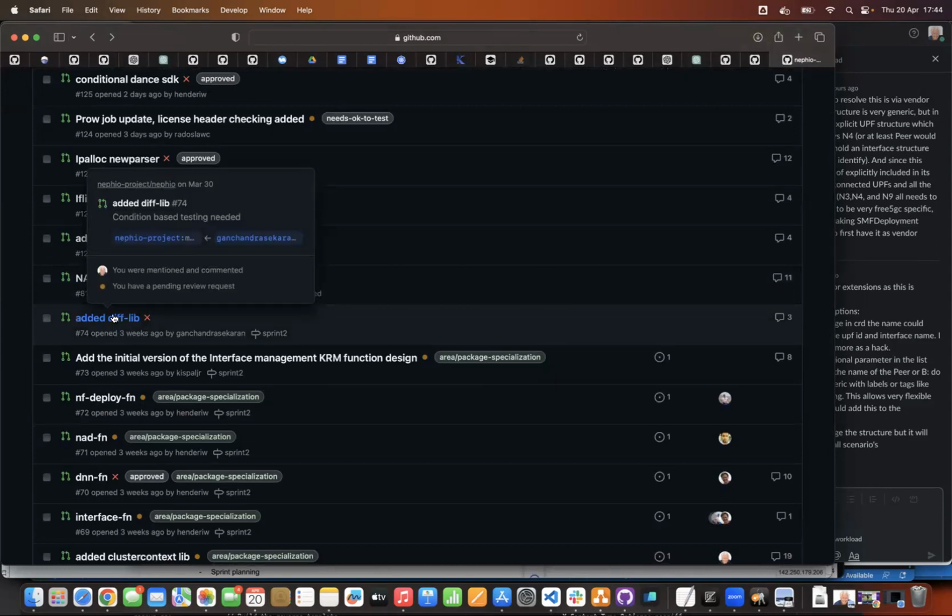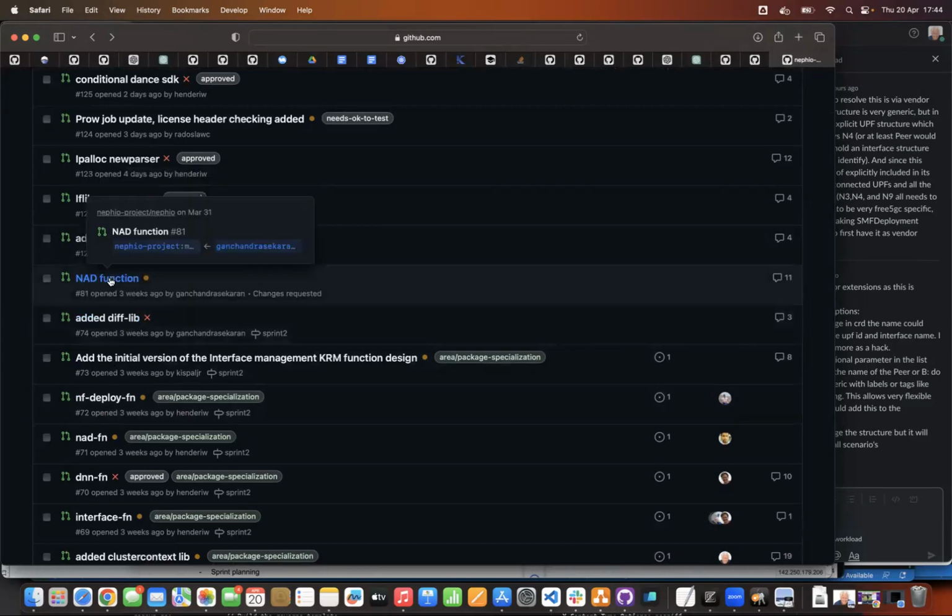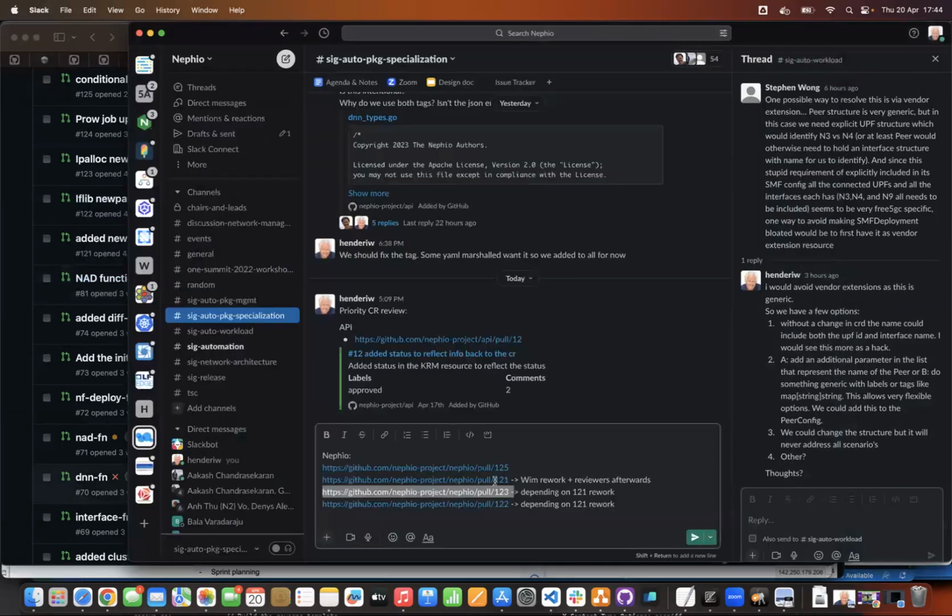Got it. On the NAD stuff, Wim, I just wanted to understand, since it's a function, I have a feeling that it also has a dependency on the library? All the functions will have a dependency on the SDK. Yeah, SDK too, but does it also depend on a library for NAD in particular?